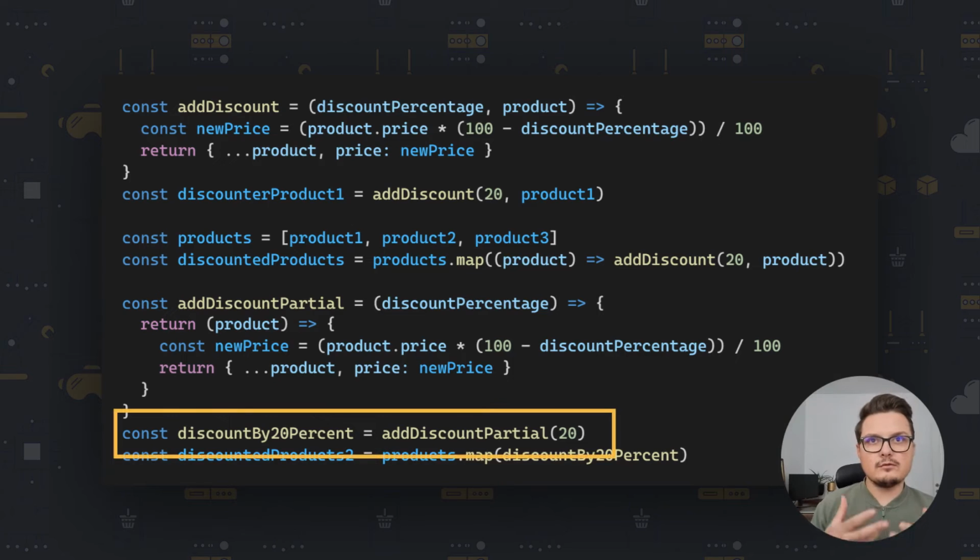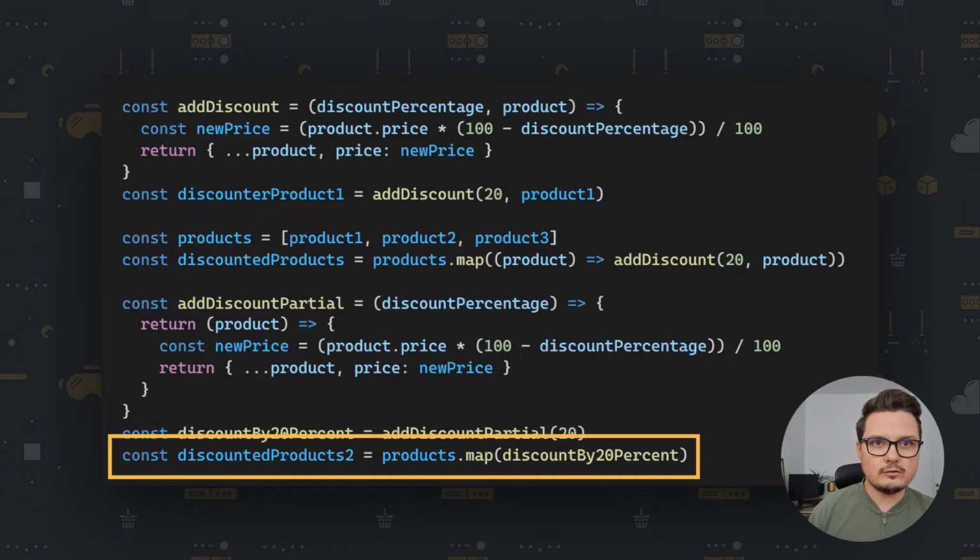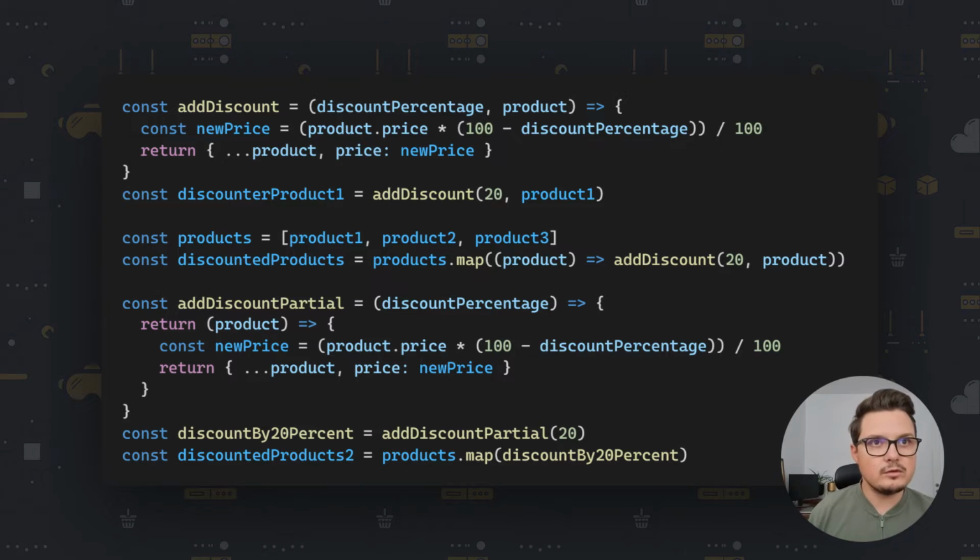We can then use this function to create other functions that apply various discounts. Then we can pass these new functions to our map, benefiting from the shortened syntax, because if the callback accepts a single parameter, it automatically passes the item in the current iteration. As you can see, this is a bit more expressive. And more importantly, you can see that functions that take in and return a single parameter or value are more compatible with each other. I've seen in many places this technique called currying. However, this is in fact partial application. Currying takes this a step further, as you will see when we look at it a bit later.